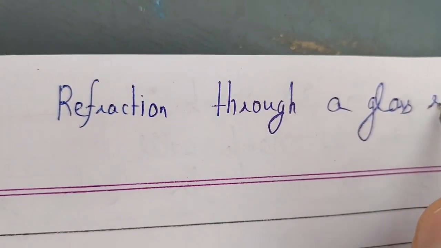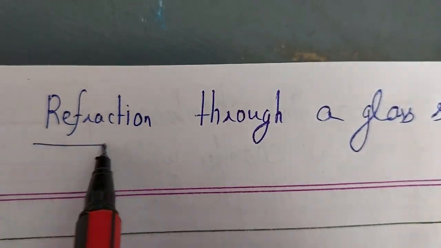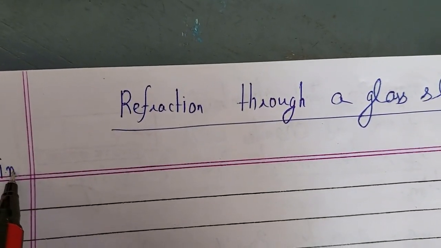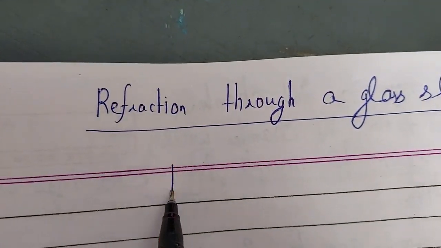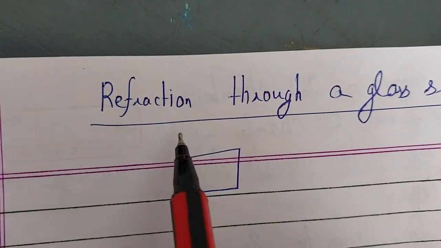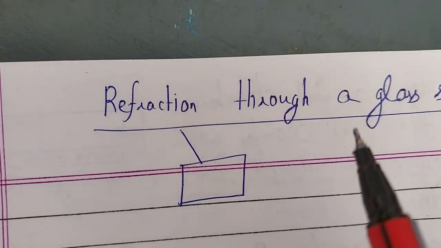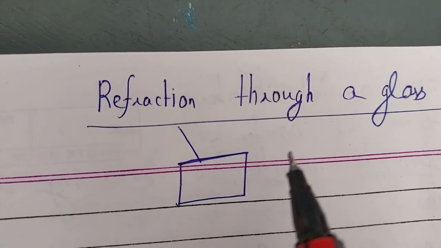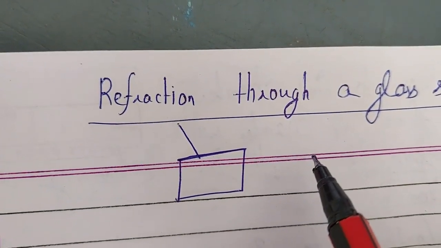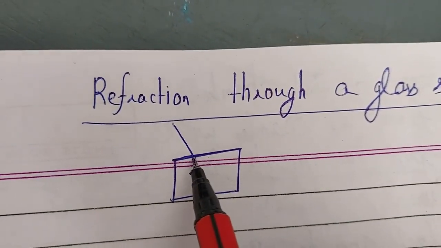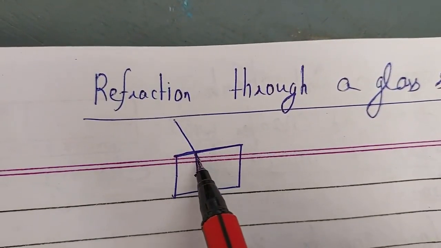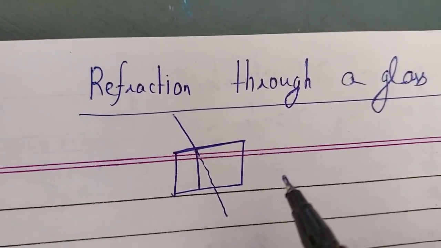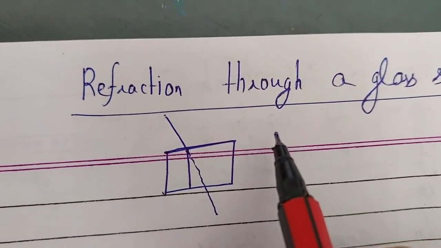How will we write it in an experimental form? The aim is like this. We suppose this is a glass slab. An incident ray is falling at an oblique angle on one face of the glass slab. So after refraction, it bends from its original path of incidence. We have to show that. What is the aim?